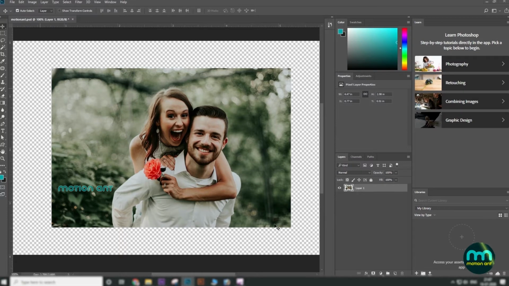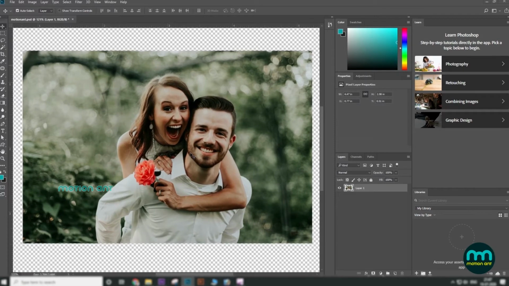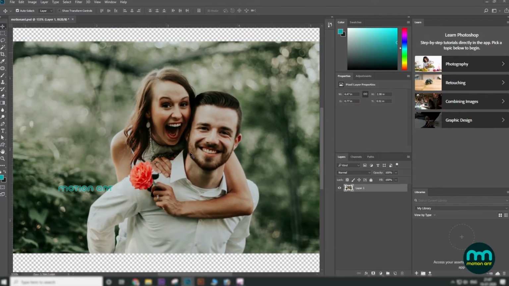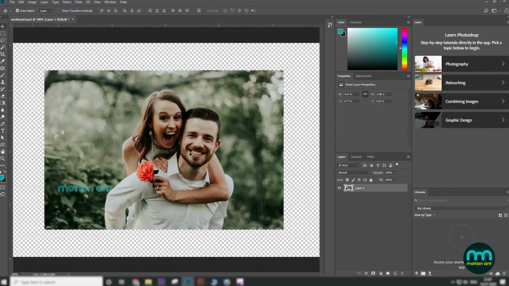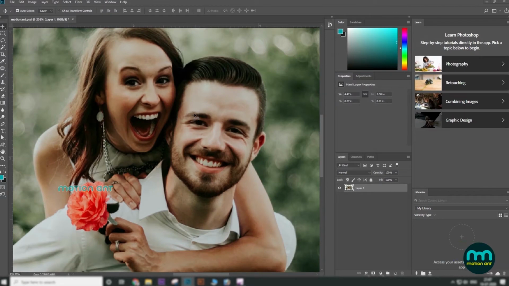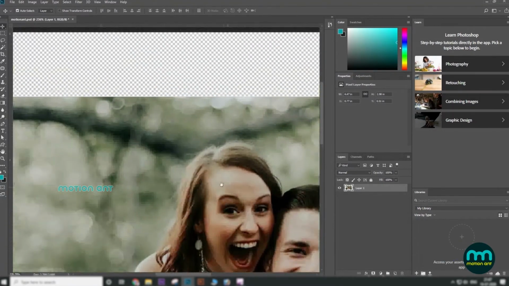Pay attention if you see a checkerboard. This area represents parts of your document which are completely blank and transparent. You can check your document in progress by zooming in and out while holding Alt down and using your mouse wheel, and panning by holding the spacebar key and clicking and dragging.